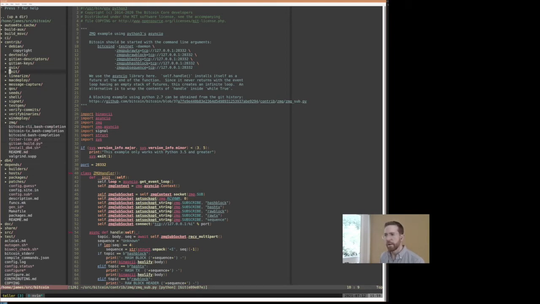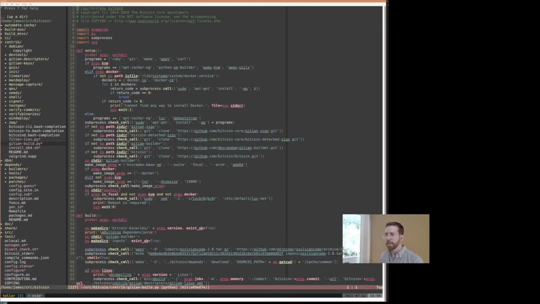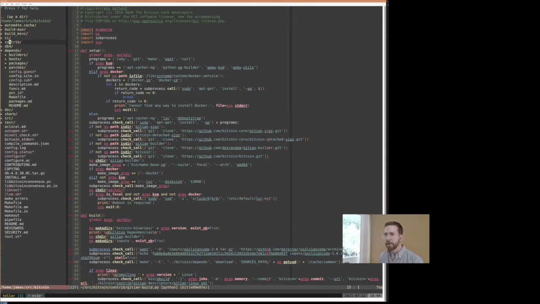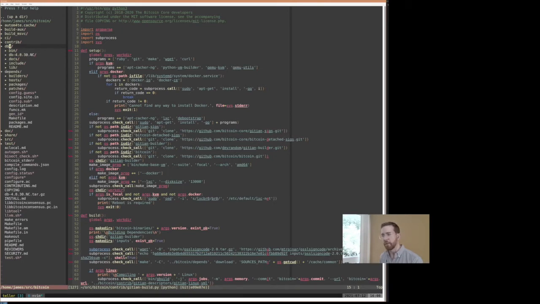So that's everything for the most part in contrib. There's some, again, some Guix build stuff in here, but you can check that out at your leisure. So this DB4 tree actually gets built out if you use that install DB4 script. And again, that's just a particular version of the Berkeley database, which we use for the wallet at the moment,